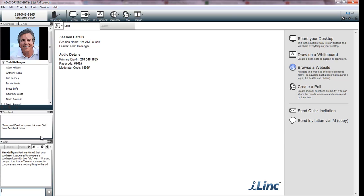Paul mentioned that on the purchase, it appeared to compare a purchase loan with their old loan. Why? And can you turn that off? Seems like you'd want to compare new loans, not anything to the old. You can absolutely. So,